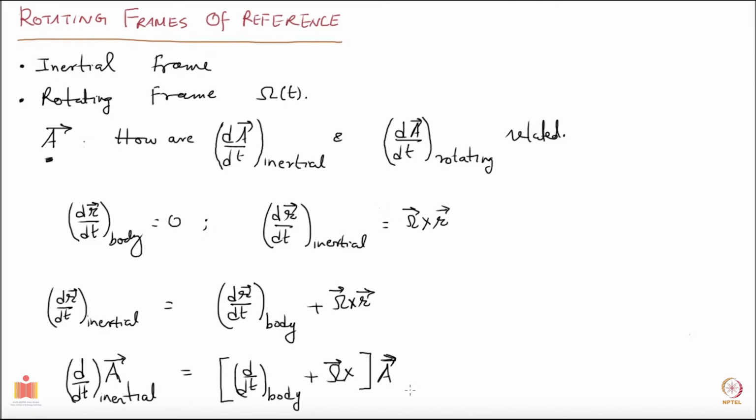So you may choose to write vector a in either the body coordinates or rotating coordinates. I have been calling, initially I called it rotating, but then I started calling it body because I was imagining a rigid body which is moving. But anyway, you can write here rotating also if you wish, slash rotating. Okay, so up to you whether you want to decompose vector a in the body coordinates or the inertial coordinates or the fixed coordinates. That is a separate issue, and what this relation is saying is about the time derivative, how they are related.